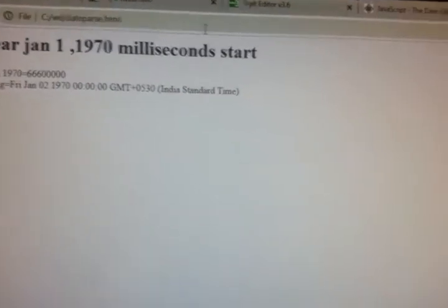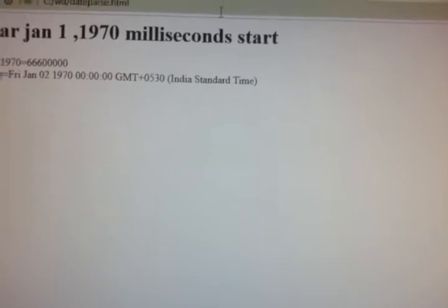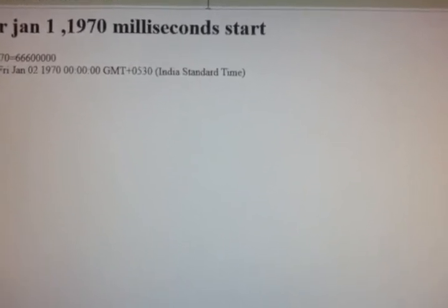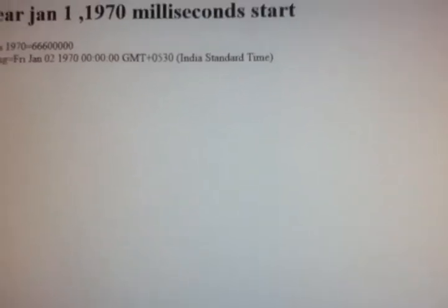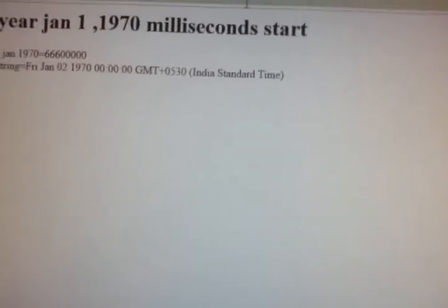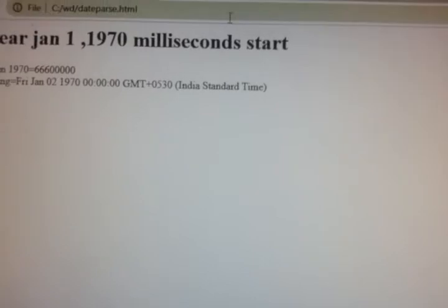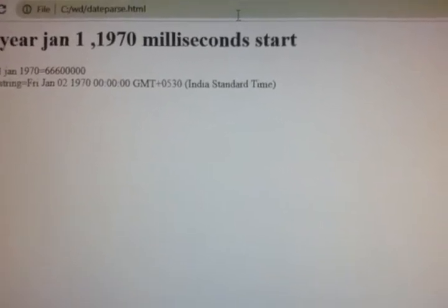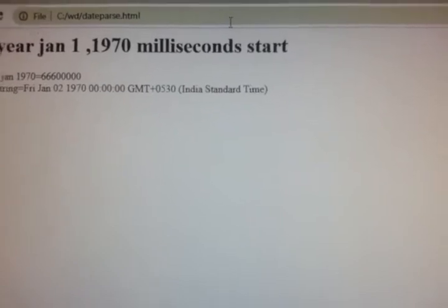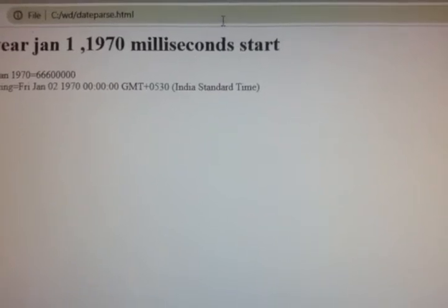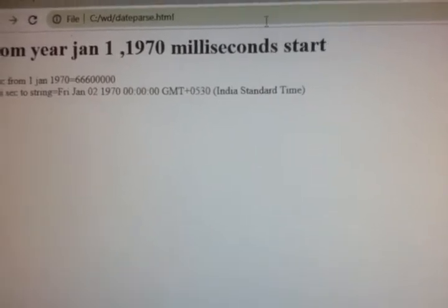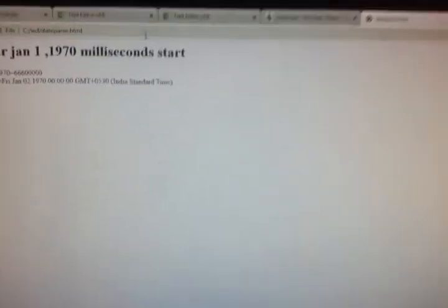We got milliseconds, then we get the complete full date. I gave Jan 2 in the input, and it gives Jan 2, a Friday, 1970, time 00, GMT plus 0530, which is Indian Standard Time.